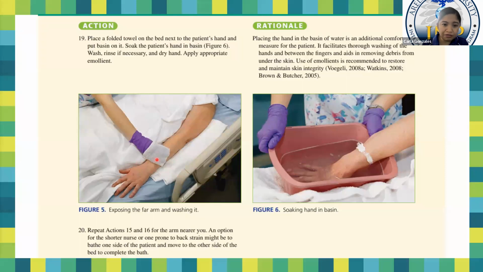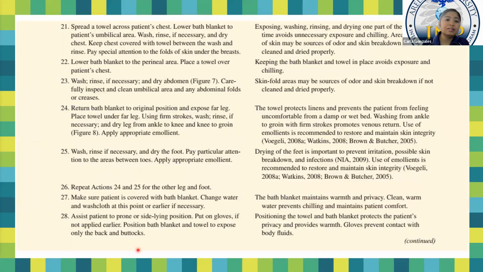So using long firm strokes, so you wash from the wrist going upwards, also covering the axilla area. Yeah. So after that, you ask the patient to soak yung hands on the basin. So you just continue doing that, on the other side of the arms, and then the next thing to wash